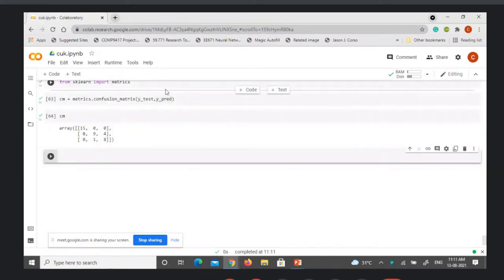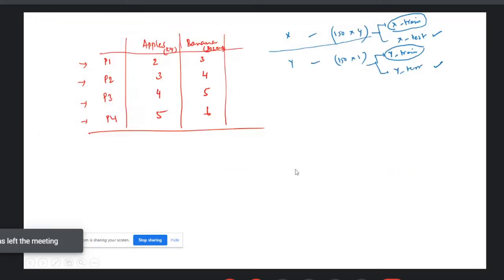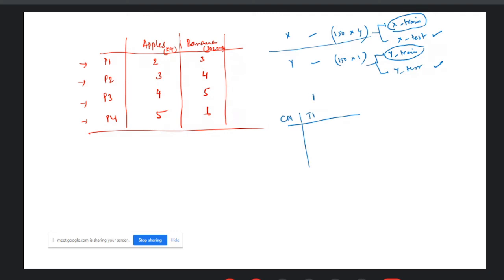You can see that since there are three classes, the confusion matrix is a 3 cross 3 matrix. For a 2 class problem, you will have a confusion matrix like this, where this is the actual classes and this is the predictions. Positive, negative, and positive, negative, then true positive, true negative, false positive, false negative.